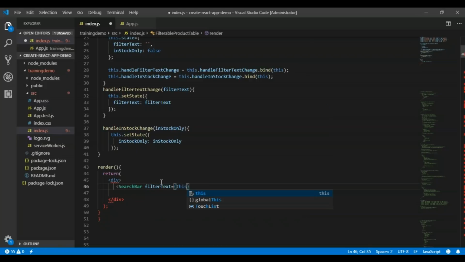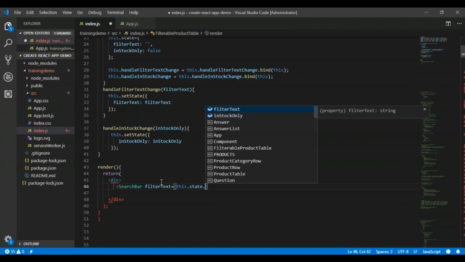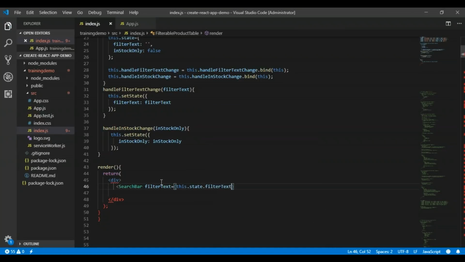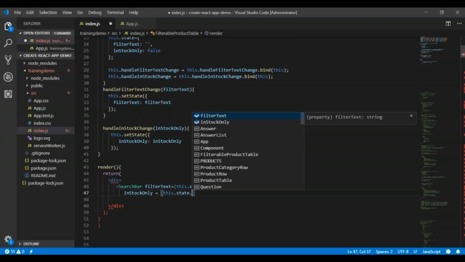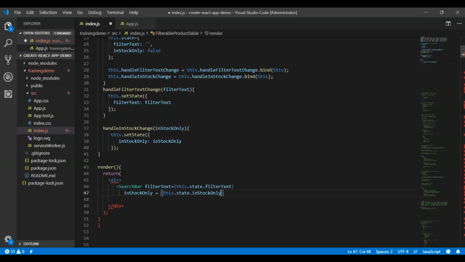It will be this.state.filterText. Now I can define more properties or values which are available in the initial state. I have inStockOnly, which I can define over here as this.state.inStockOnly.